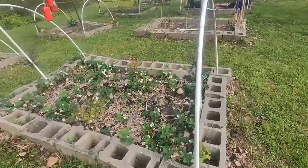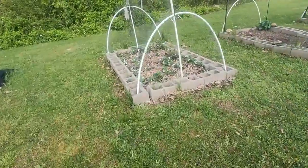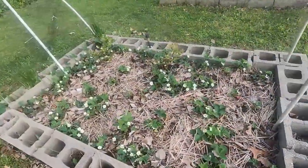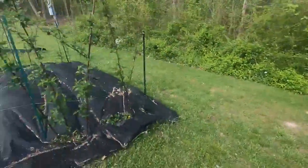This strawberry bed is completely blooming. And this one is full of blooms. And the blueberry bushes, I've got 2 blueberry bushes in here. Both of those have blooms on them. The blackberry patch,